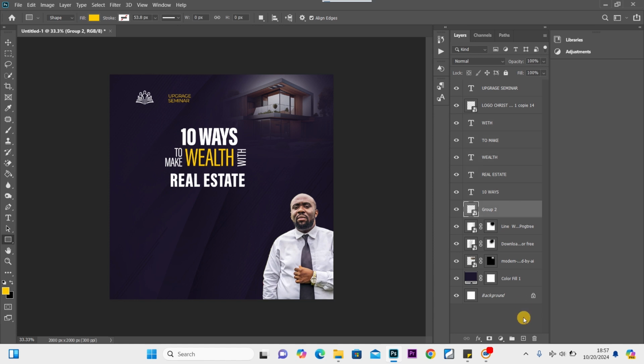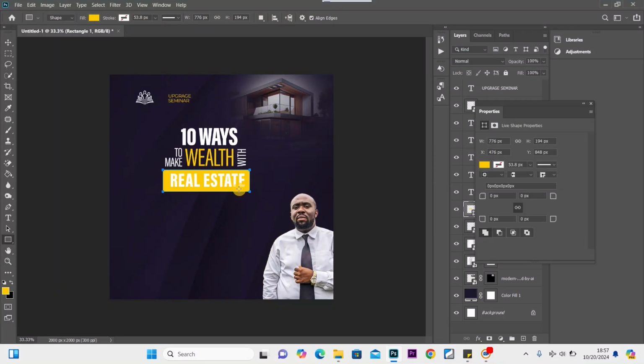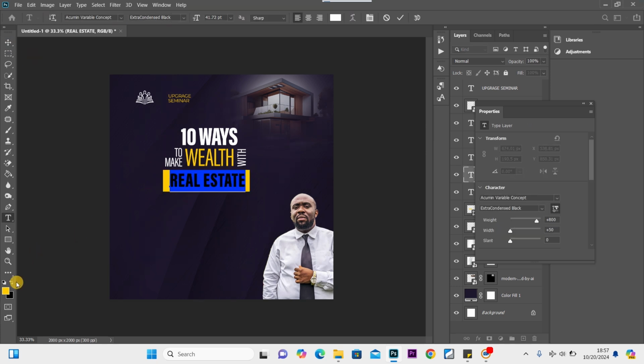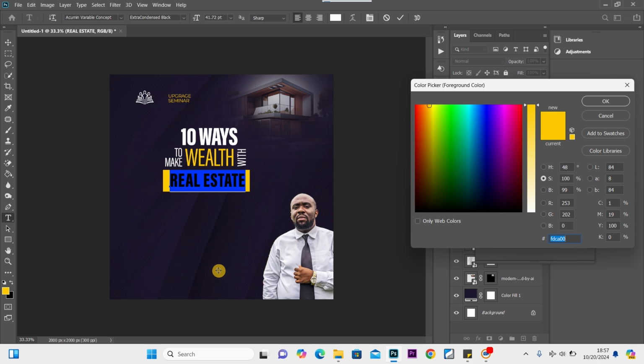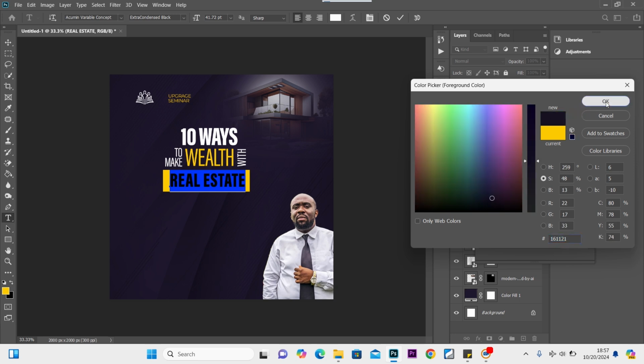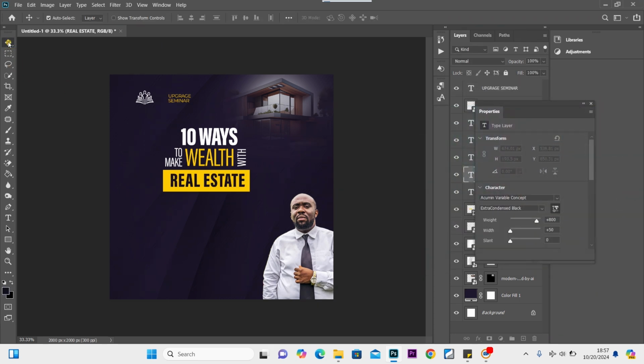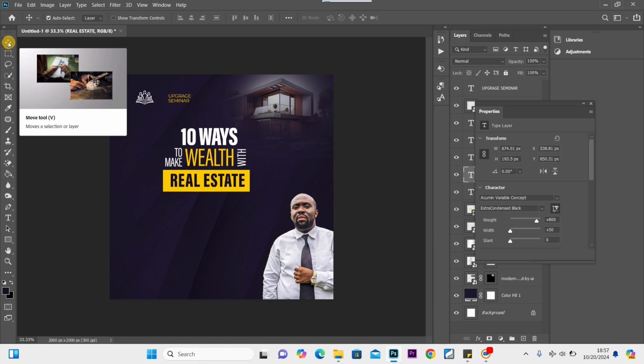So here I'm going to create a new layer here, and I'm going to draw a square, a rectangular shape here like this. Yeah, once that is done, I'm going to switch this color to this color we have in the background like that, and I'm going to